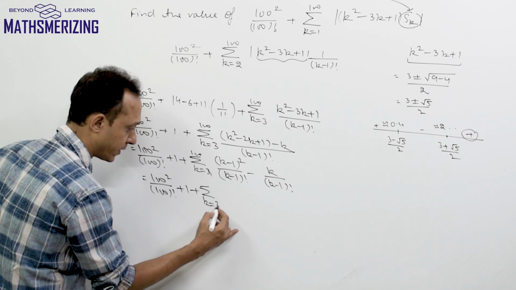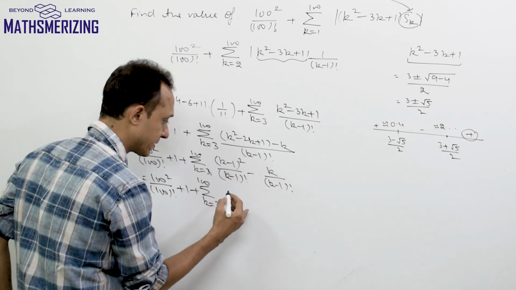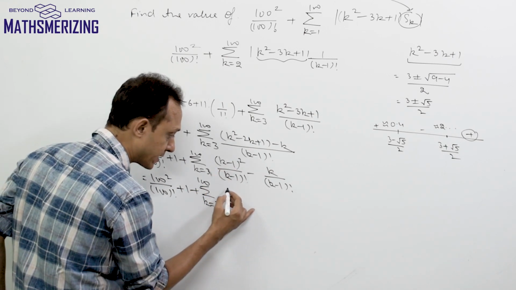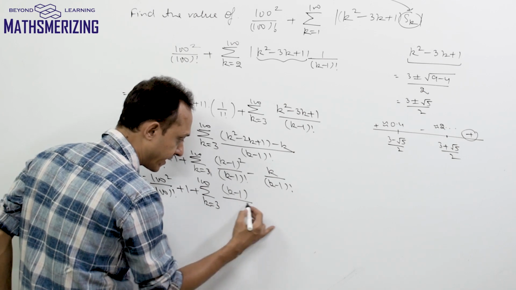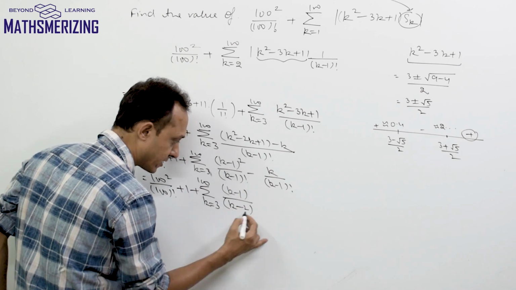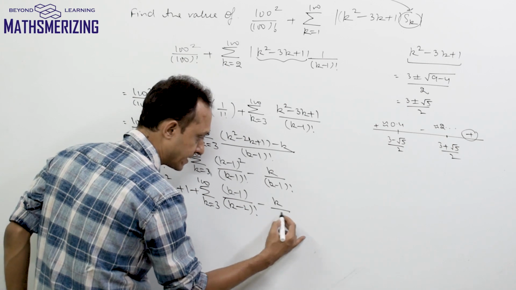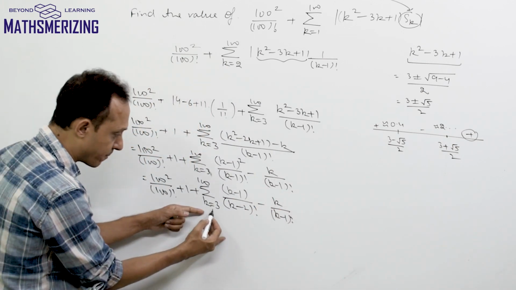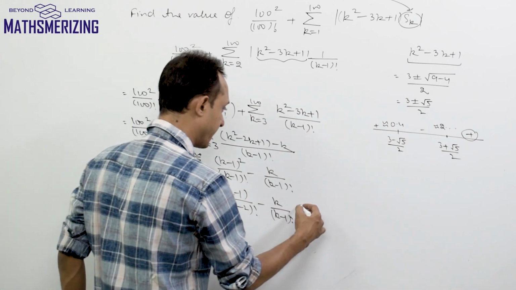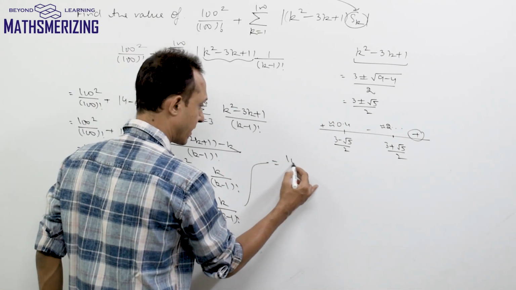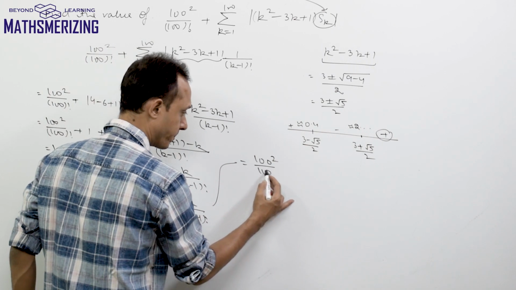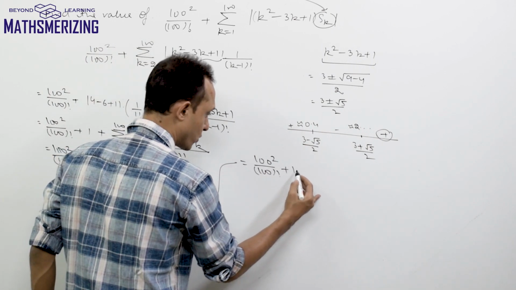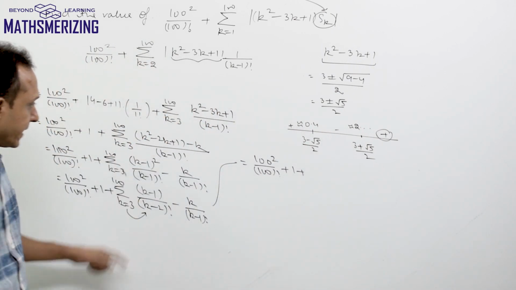The value of k varies from 3 to 100. I can write k minus 1 as, so this k minus 1 will get cancelled and this will be factorial k minus 2, and then minus k into factorial k minus 1. So what I'll do is I'll start putting in the value of k. So if I put in the value of k, I'll get this as 100 square upon factorial 100 plus 1. So now if I put the value of k as 3, I'll get it as